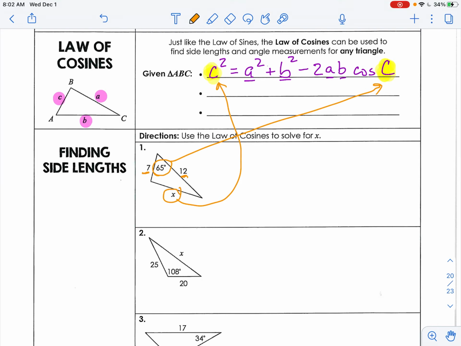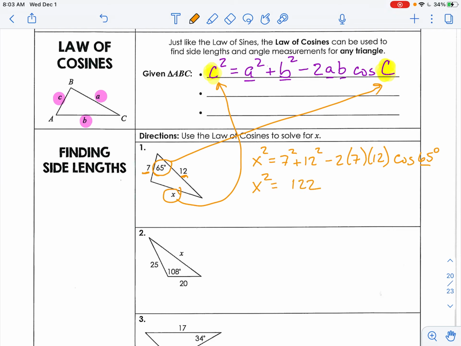Okay, so how does this set up? Here's how it sets up. x squared is the side I'm finding. It's going to be equal to, I'm just going to choose 7 as my a, 12 as my b, and again, it's just the two sides squared added together, minus 2 times the product of these two times the cosine of 65 degrees. So that's what goes in there. All right, so this is pretty much a calculator problem when everything's filled in on the right-hand side. So on your calculator, if you put all that in at one time, and again, we need you to practice that at some point to make sure you get the right answer. If you do all that, you're going to get